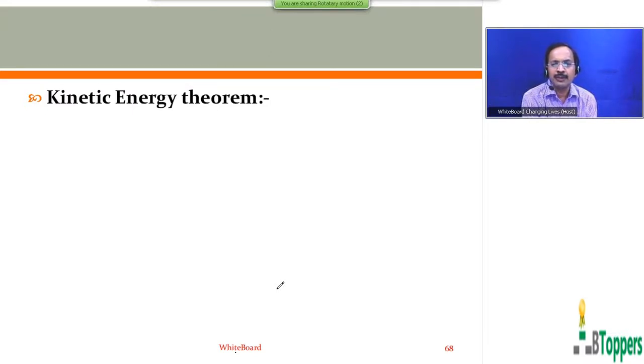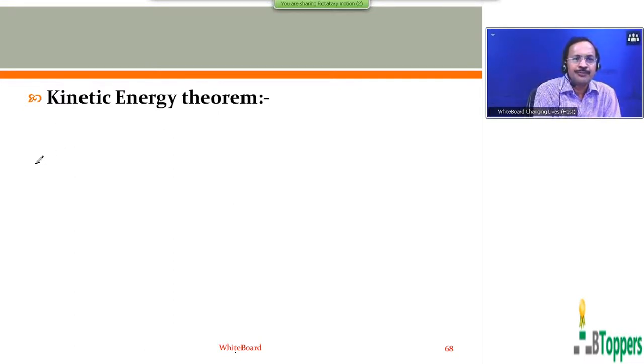So in case you feel that the proof is difficult or you are unable to understand the proof which I have just discussed, you can go through the proof again. You can take a pause, go back and go through the proof again. Or otherwise you can skip this proof part also and take the result for granted. Okay. Because we are going to use this result in a good number of examples in the combined translational rotational motion of the body. So let us consider a rigid body of regular shape.